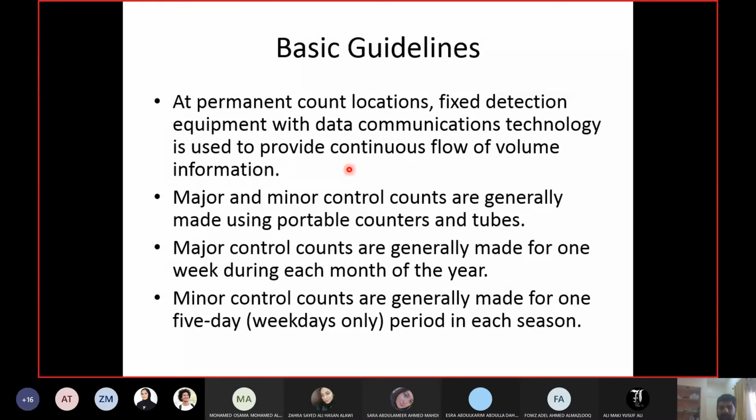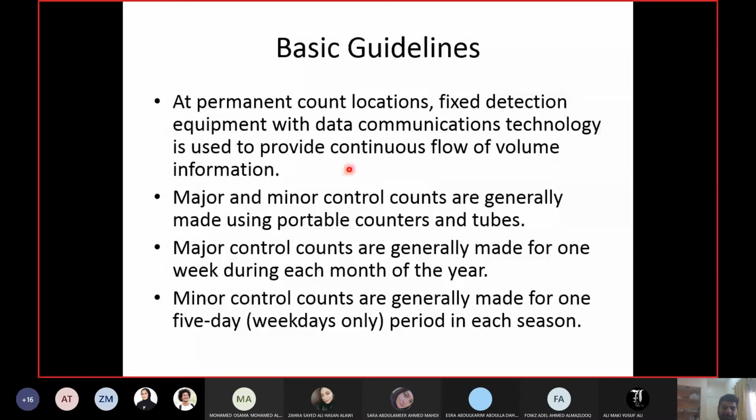So some data collectors and sensors come with IP addresses, and some with net connections and other types of connections, so you can access the data from your data center or your control center. And there are some sensors and detectors where you go to the detector, you will have a port, and you can insert something like a USB cable. You will download the data and come back. So it's like a 5 minute process.